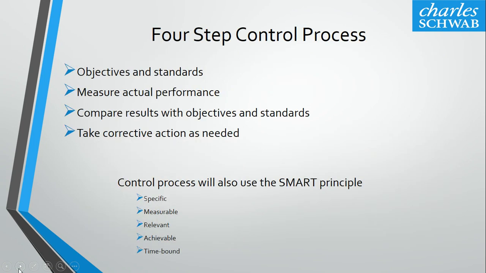Now we come to our four-step control process. Since we have identified our problem, worked out a solution, and now have the resources needed to implement it, we'll need to obviously monitor the results. New objectives and standards will be laid out, and not only will employees be measured on meeting these new objectives and standards, but the incentive program will be measured as well. Again, we're going to use a SMART formula to help us track this progress.